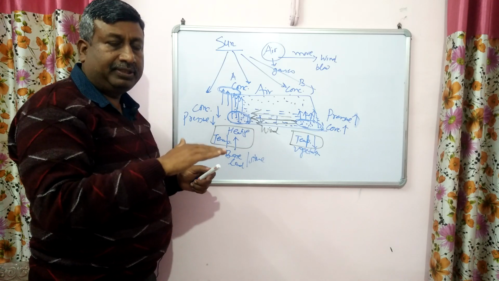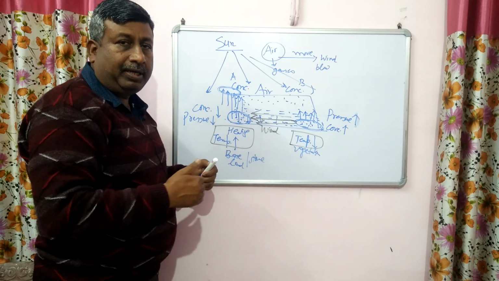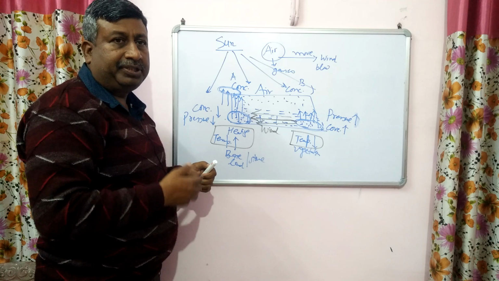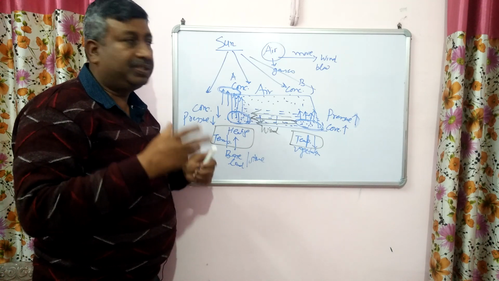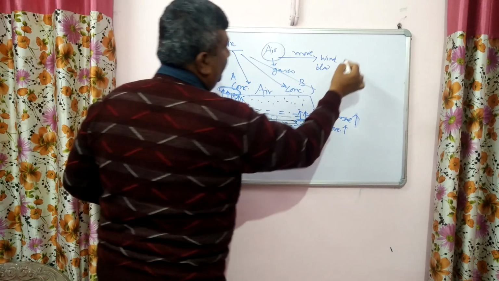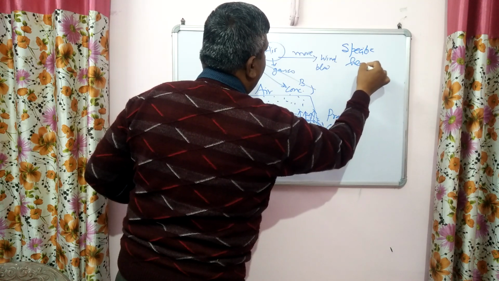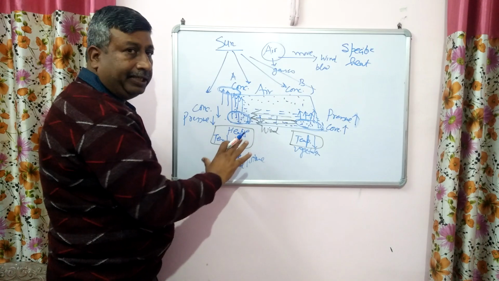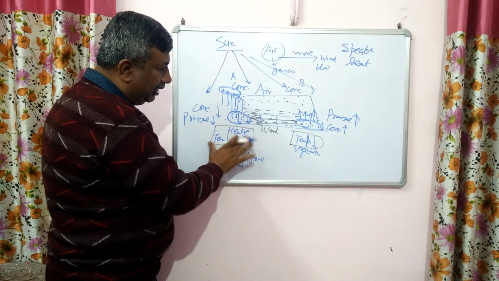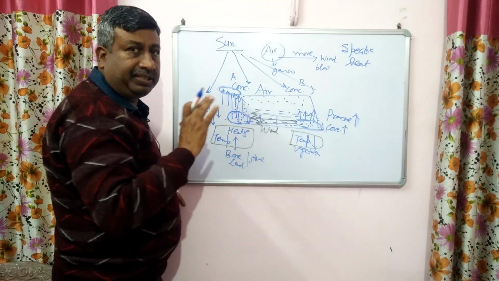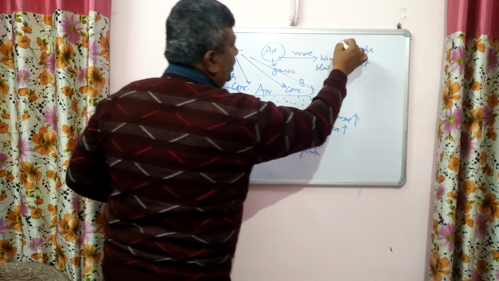If the solar radiation is the same on this surface, every part will have a different temperature because different things or different objects have different specific heat. Now what is specific heat? It is important to know what specific heat is, which is responsible for differential heating. This is differential heating: heating more, heating less. It is known as differential because there is a difference, that's why it is known as differential heating.